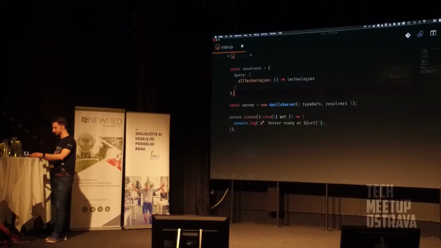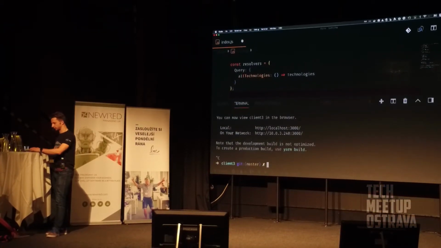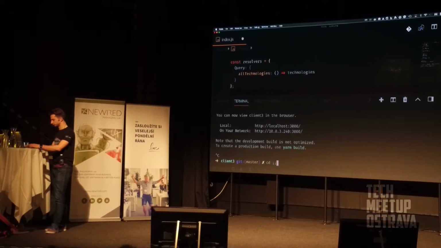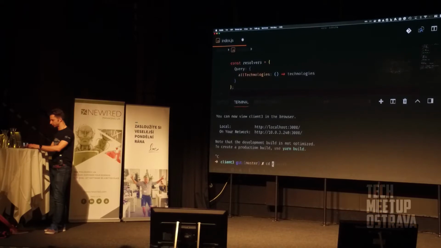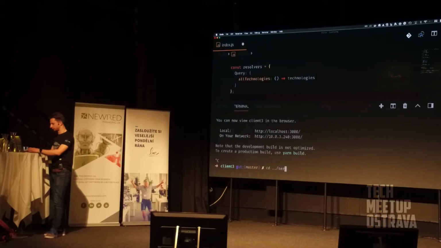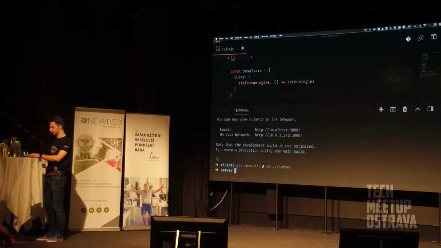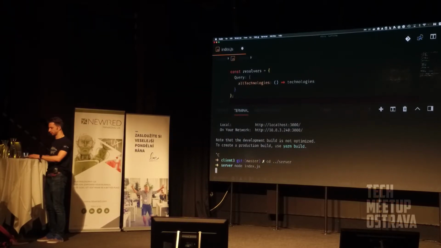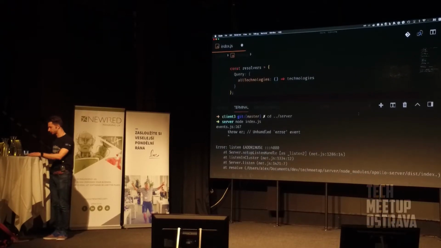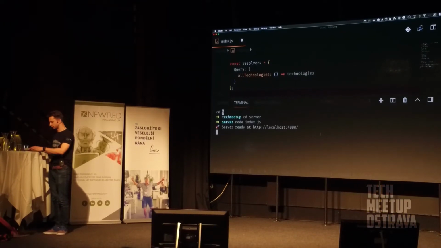Okay, so let's run the server. I go to the server, and what do I do? I do node index.js. Yeah, it's already in use somewhere here. Yeah. So anyway,